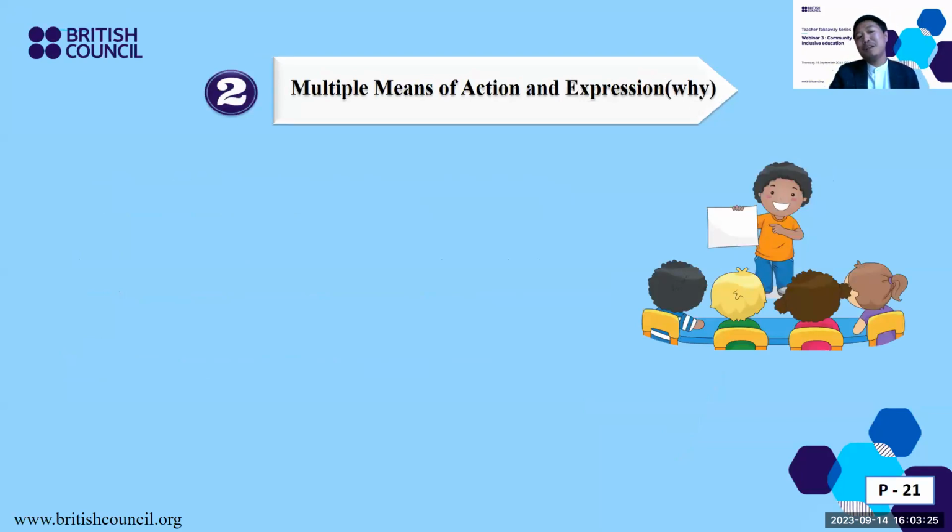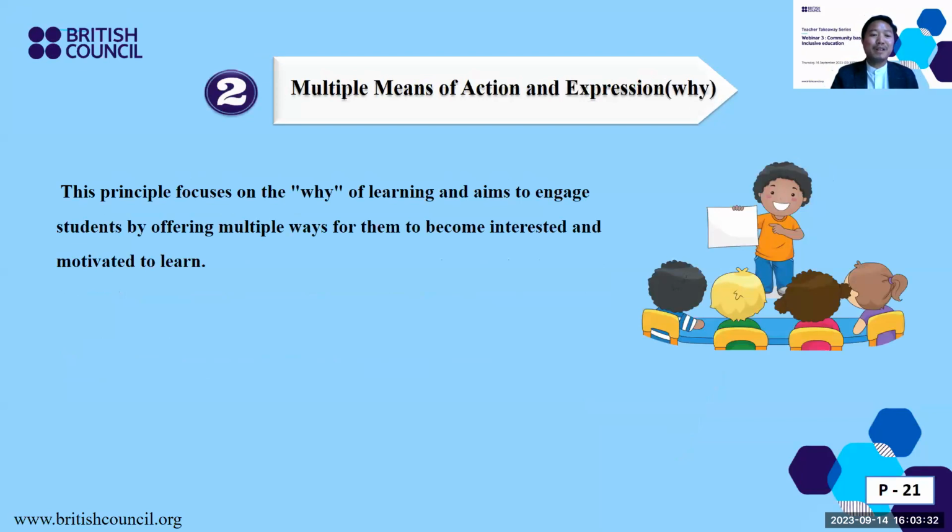And the second principle is multiple means of action and expression. This principle focuses on the why of learning rather than the what of learning, and engages a student by offering multiple ways for them to become interested. In this second principle, one of the key elements is to recruit student interest by involving them. If students don't involve themselves in the learning, it will be difficult for us to recruit their interest, and that will affect their learning